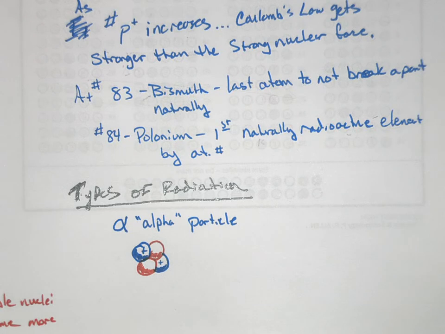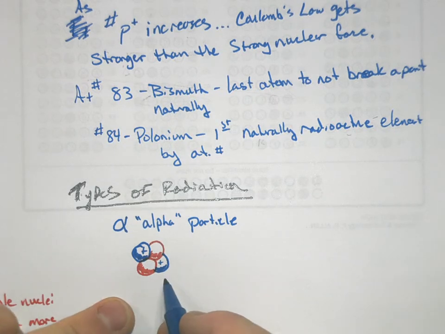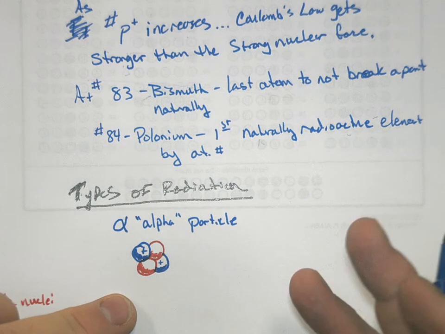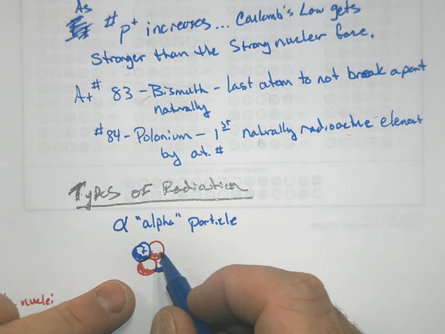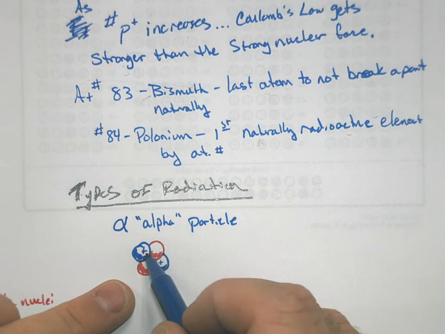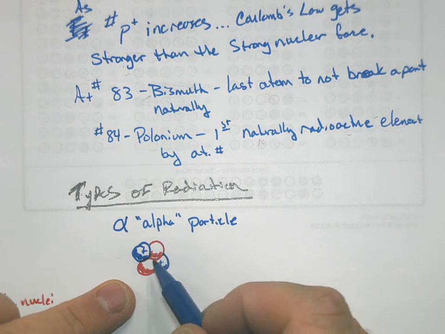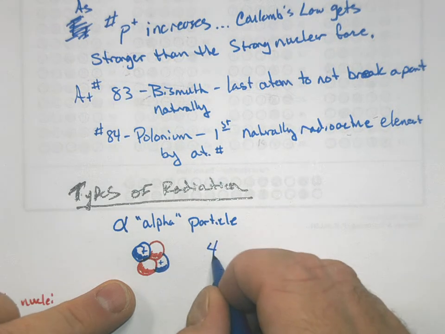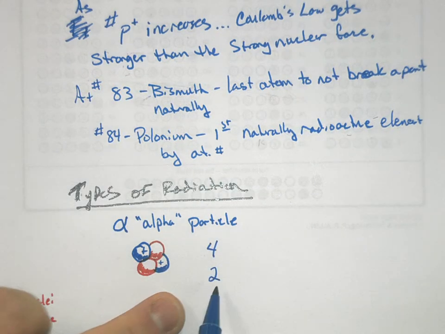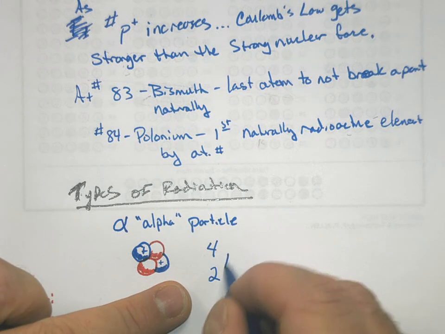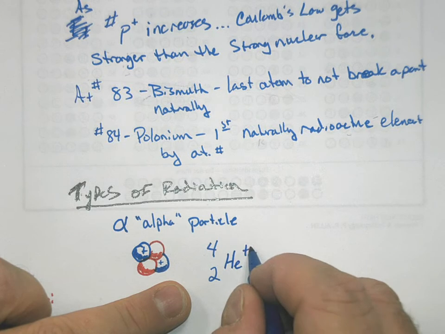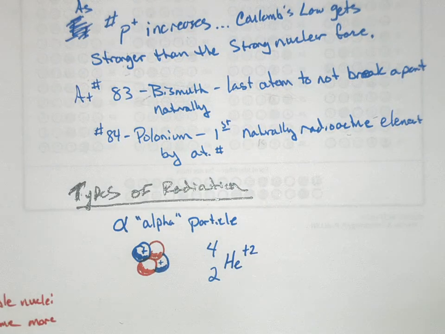Elements are determined by how many protons they have. So if there's two protons, then this has to be a nucleus of some kind of element. And if it's got two neutrons, we know that our mass number would be 1, 2, 3, 4. That's our mass number. If this is atomic number 2, we look up at our periodic table. Oh, look, atomic number 2 is helium. There are, however, no electrons around this, so it would have a +2 charge because there's no negative charges to balance with the positive charges. It's just the nucleus of a helium atom.